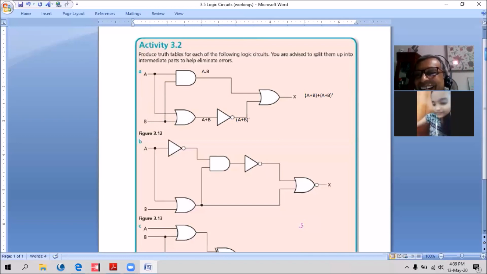First, how many rows for this? Two inputs, so 4 rows. Then the second column? What is the name of the column?